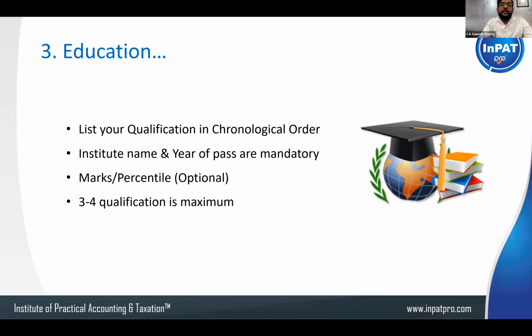Maybe there is one more point. Three to four qualifications is the maximum, and don't add too many qualifications. You would have cleared 7th standard, 8th standard, 9th standard, 10th standard, 11th, 12th, right? Don't add everything. In most cases you can add SLC and above. You can even remove SLC, and keep PUC and above: graduation, post graduation, like that. Some people would have done chartered accountancy. In that case, they would have completed PUC, degree, then post graduation, and then started professional courses. In that case, four or five is not necessary. Three to four is enough. Maximum three is enough.